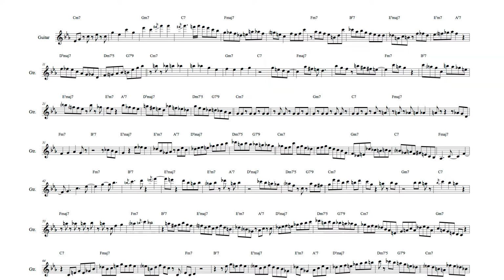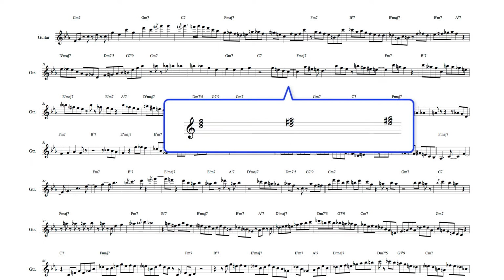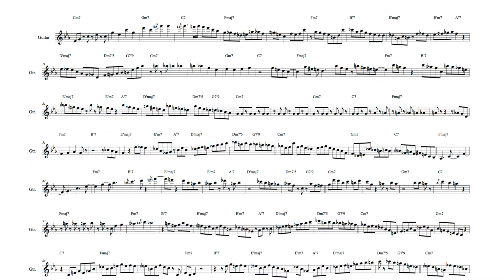Here, Metheny uses an ascending parallel chord idea, which uses major triads a major second apart. The upper notes of these triads form a long-range line which moves to the C, the 9th of B flat 7 harmony. Between the D and E major triads, and again here leading to the conclusion of this line, Metheny includes this figure which consists of a minor or major third and a second. These figures are used to either connect the upper minor third intervals of the major triads or are used as an intervallic collection to continue the line.